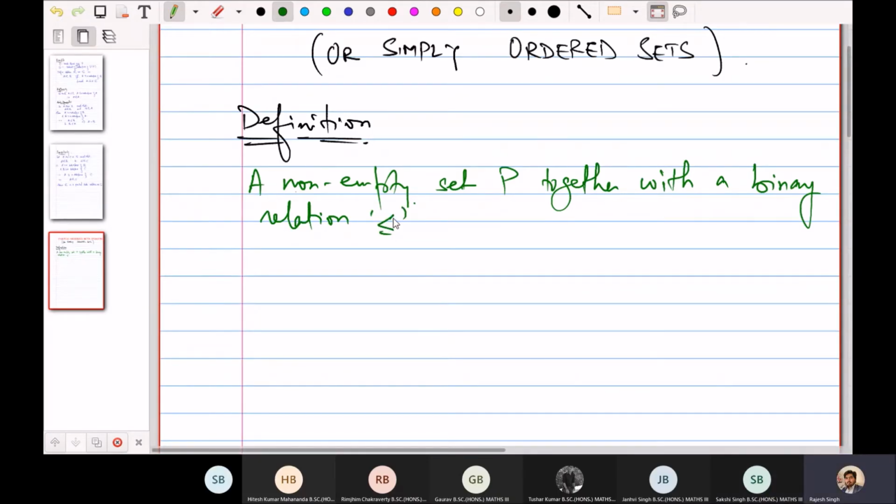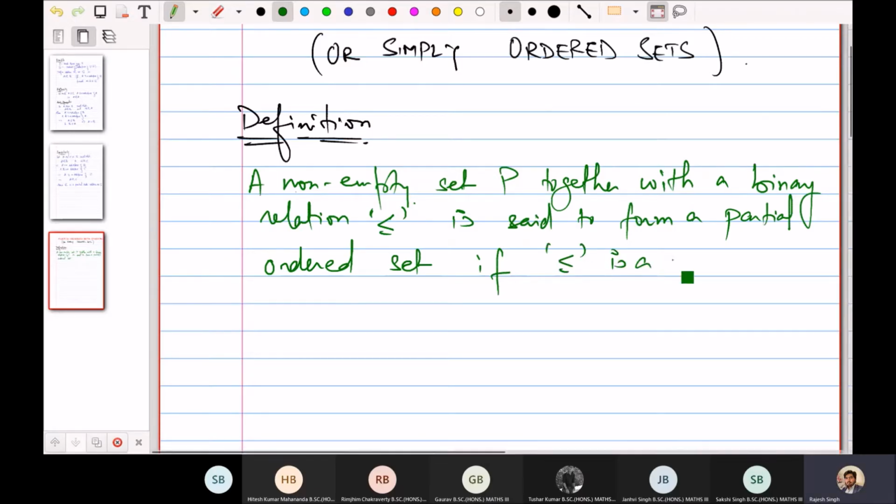This is not actually less than or equal to, but because we have seen that a partial order relation behaves like less than or equal to, that's why we are using this notation. A non-empty set P with a binary relation less than or equal to is said to form a partial ordered set if this is a partial order relation on P, that is,